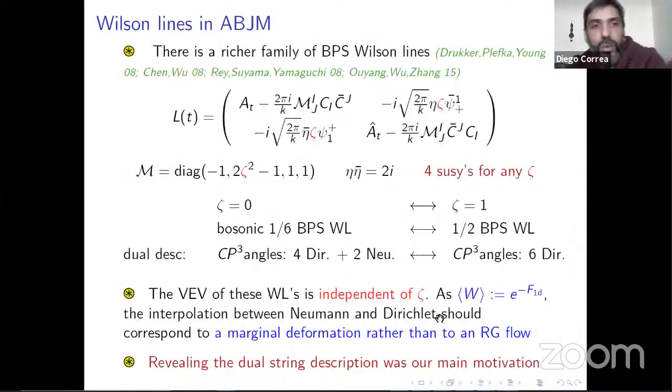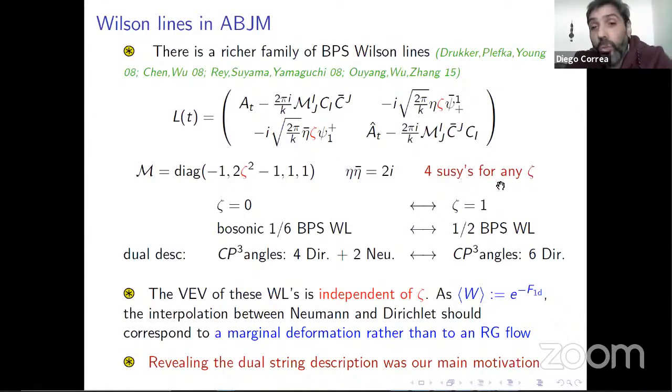But for some reason, in ABJM, there is a richer family of supersymmetric Wilson lines you can consider. One example of this is this generalization of the superconnection. You see, it is a little bit different because I am now introducing this zeta coefficient in front of the coupling with the fermions, and the same coefficient is entering in this matrix M that specifies the orientation in internal space. So the thing is that this is supersymmetric for any value of zeta